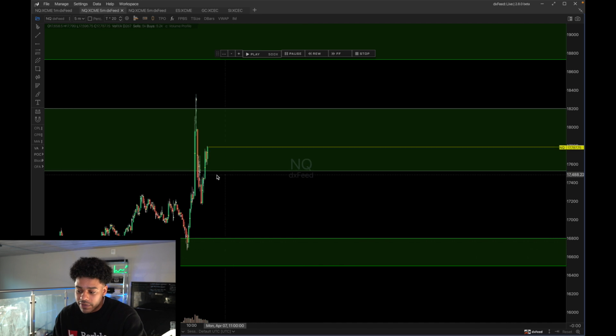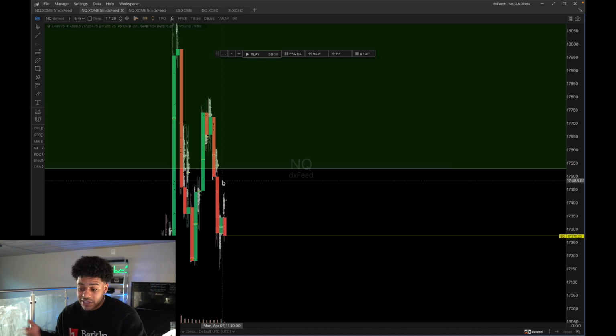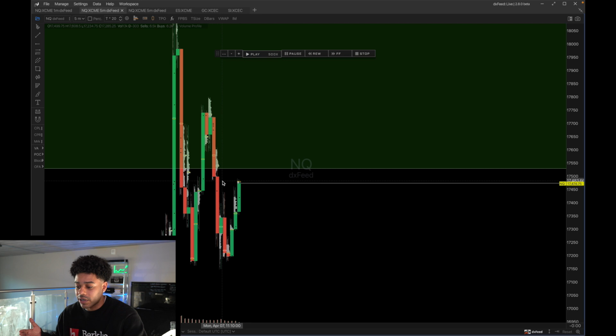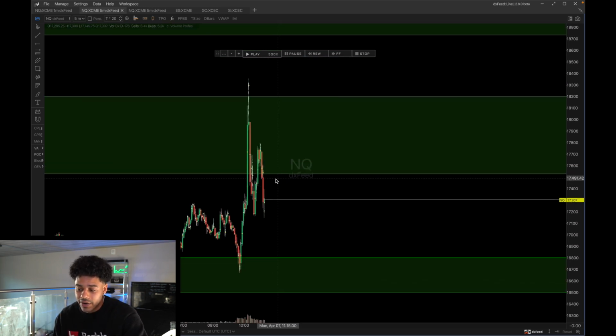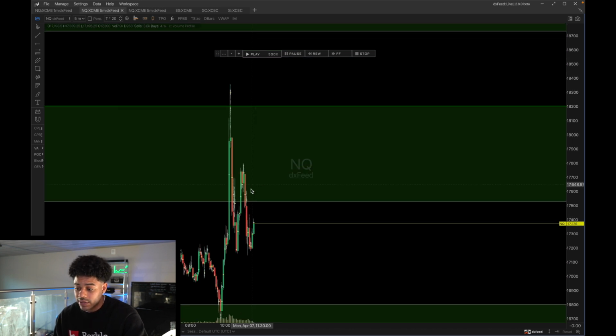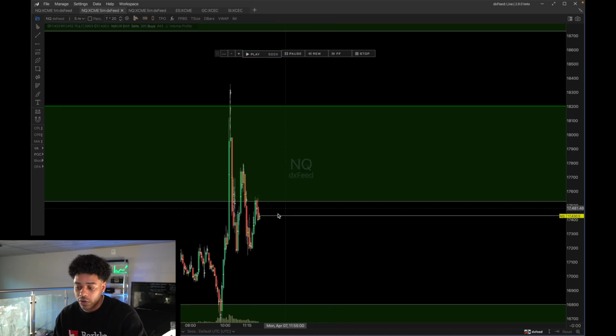And one thing that's cool about using the value areas is your daily bias can change in the same day. Depending on what happens in the market, your bias can absolutely change. As we let this roll on, price now has to make a decision. Are we going to be trading within value, which would be the green area, or are we going to reject